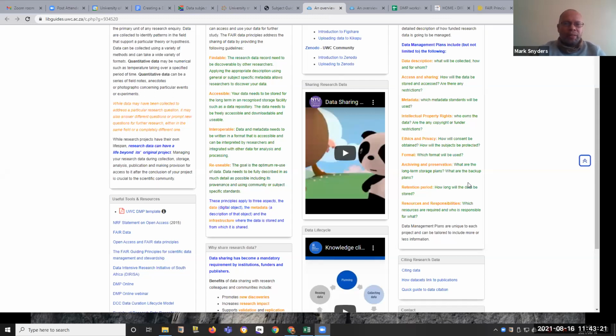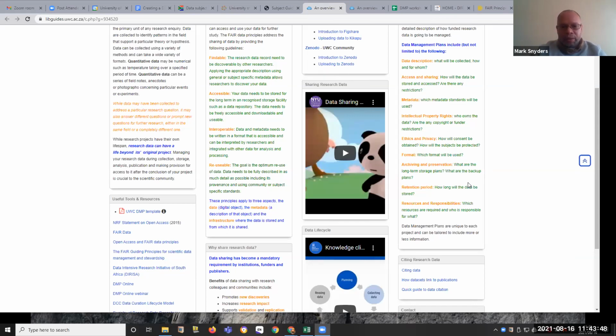The RDM policy applies to all research being conducted, whether it's a student research project or an academic research project or any project at the university that requires the collection of some form of data. Okay, so yes, that includes master's students. It includes undergraduate students who are collecting projects as well as doctoral students and postdoctoral students.